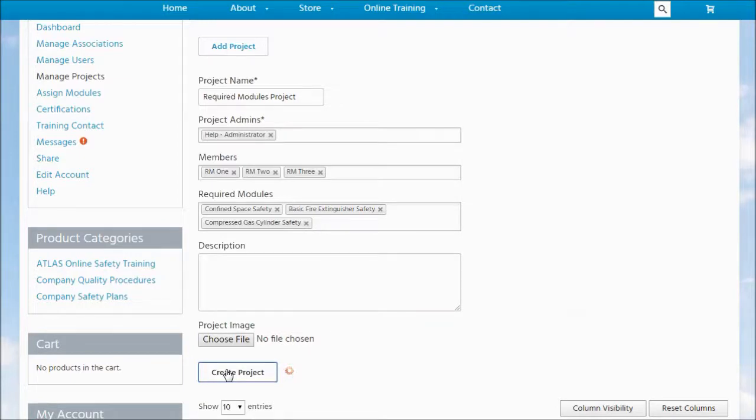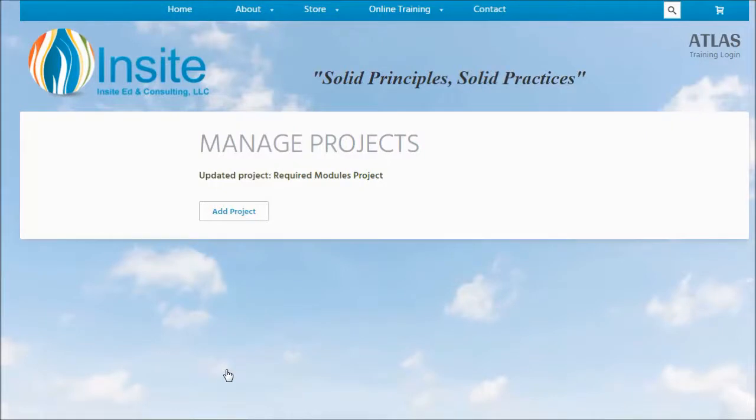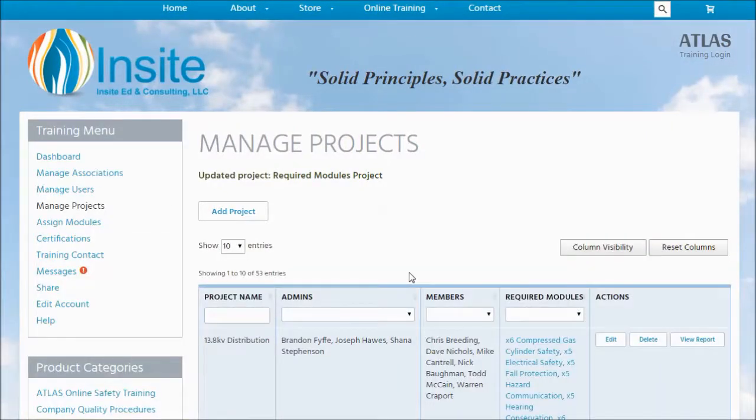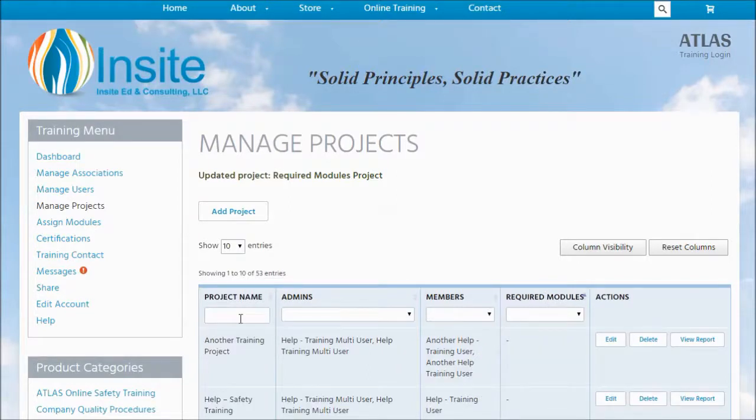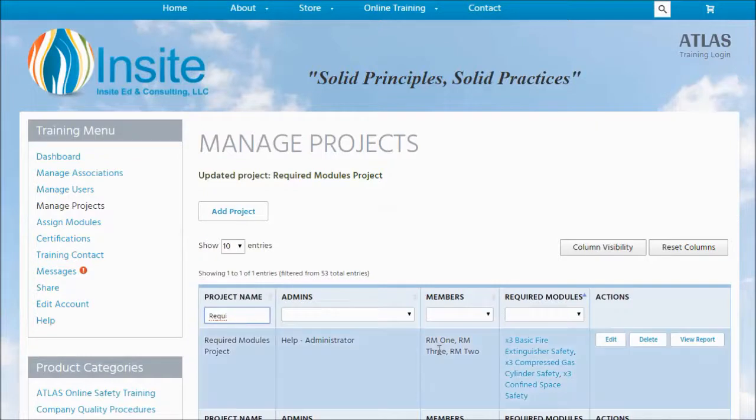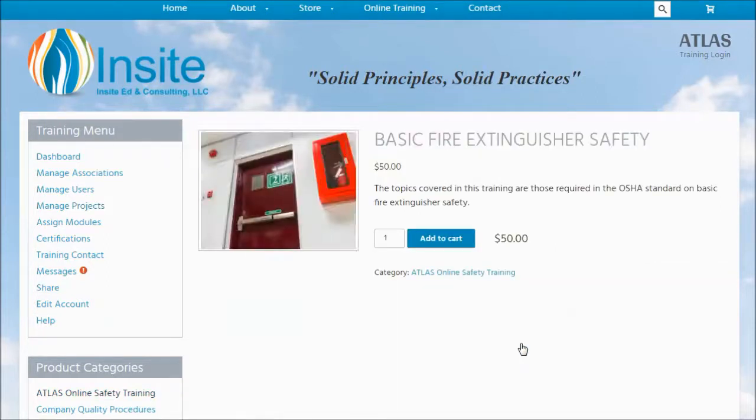Now in the project list, if we look at the required modules column, let's find that project we just created. There's our users. Here's the modules that are required. Clicking on a particular module will take you directly to the page to purchase it. In this case, we would need 3 for 3 members,